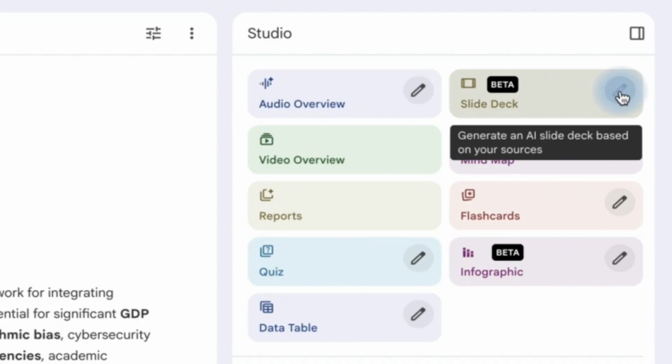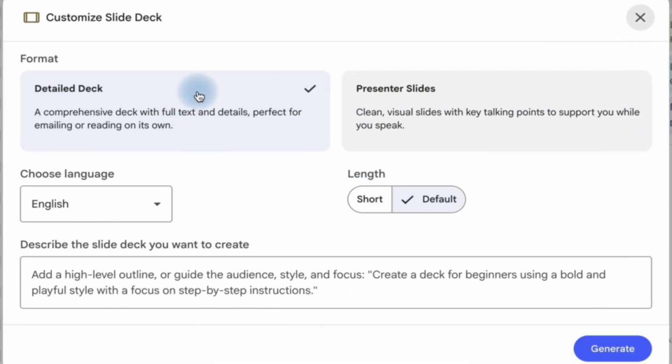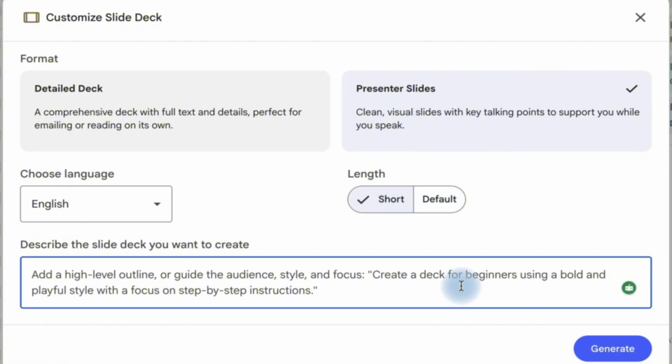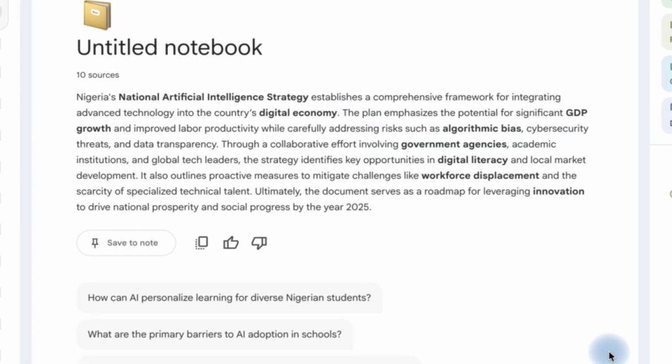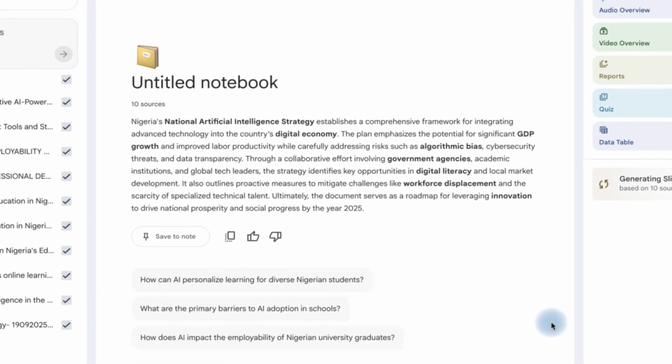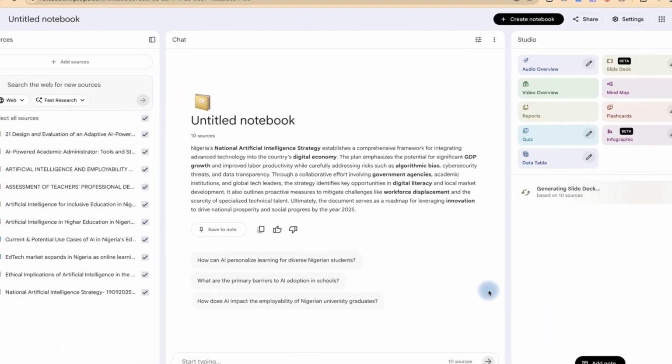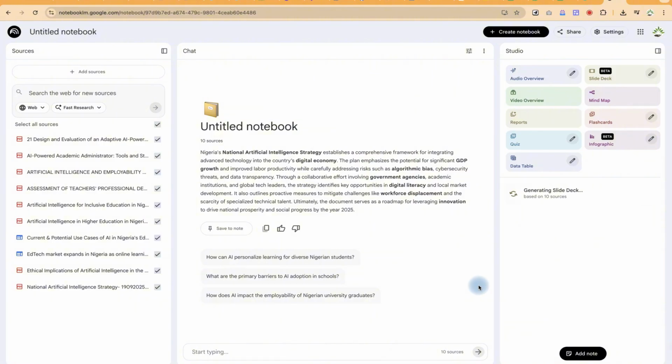Now I want to create a presentation out of this, so I can come all the way to slide deck. I can just click on this pen icon and specify that I want a presenter slide, specify the language, and I want to make it short. And then you can give a guided synopsis of how you want the presentation to be created, maybe some bulleted points just to guide the AI on what to create and what to focus on. I'm going to go ahead and say generate, and we're just going to give it some seconds to finish the generation, and then I'm going to show you how to export your generated PowerPoint in PPTX